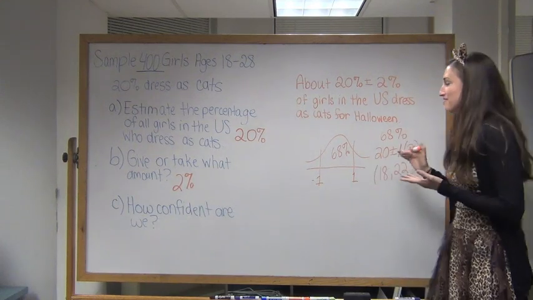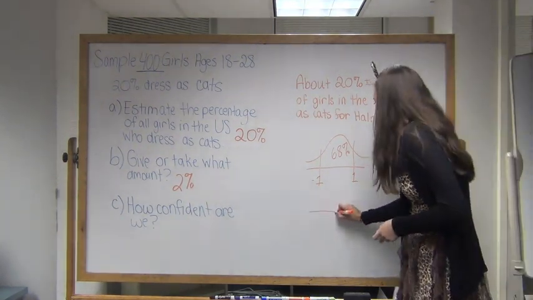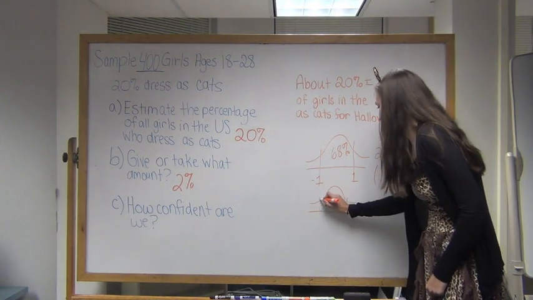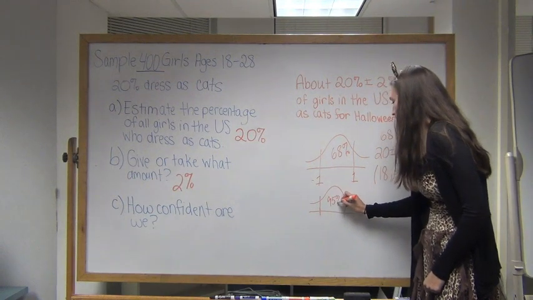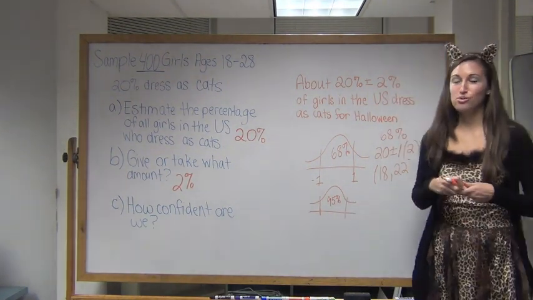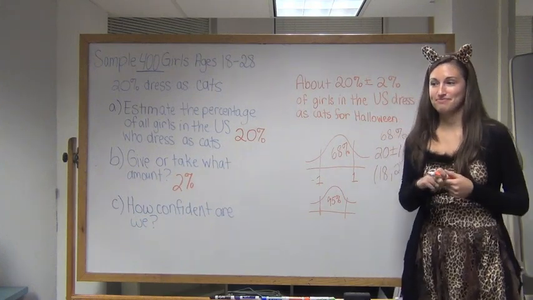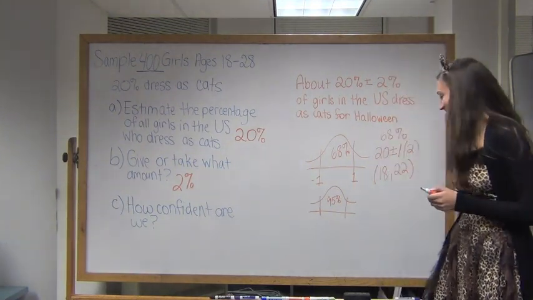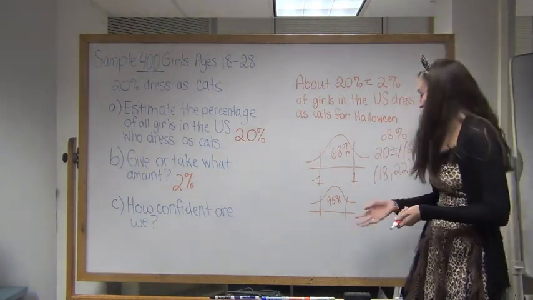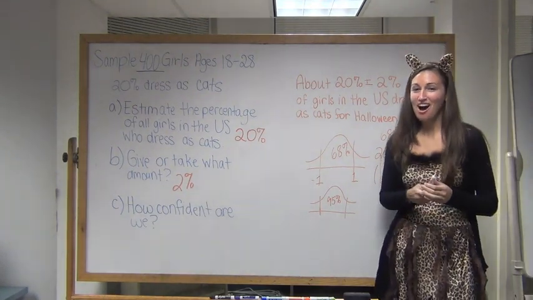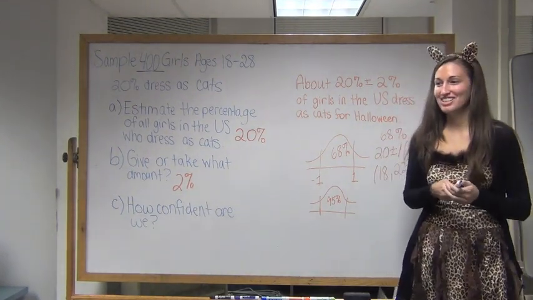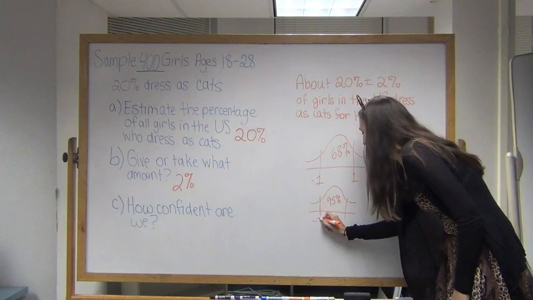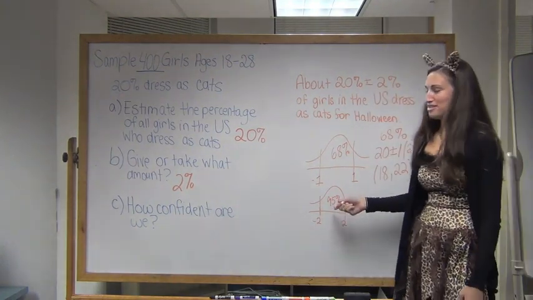So what if we wanted a 95% confidence interval? Meaning, what if we wanted that middle area in our normal curve to be 95%? What z-scores correspond to 95%? Pretty sure it's 11. Oh, Steve says it's 11. That's actually not correct. 11 is pretty big. We usually don't have z-scores up to 11. You want to take a second try? 2? Yeah, it's 2 actually. So we have -2 and 2 as our z-scores that correspond to the middle area of